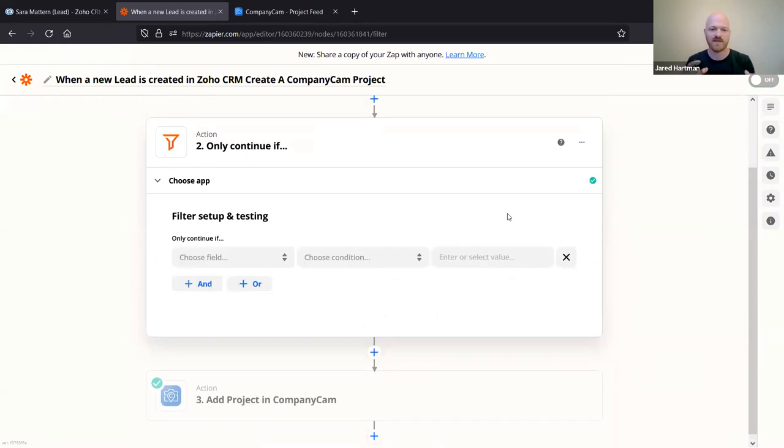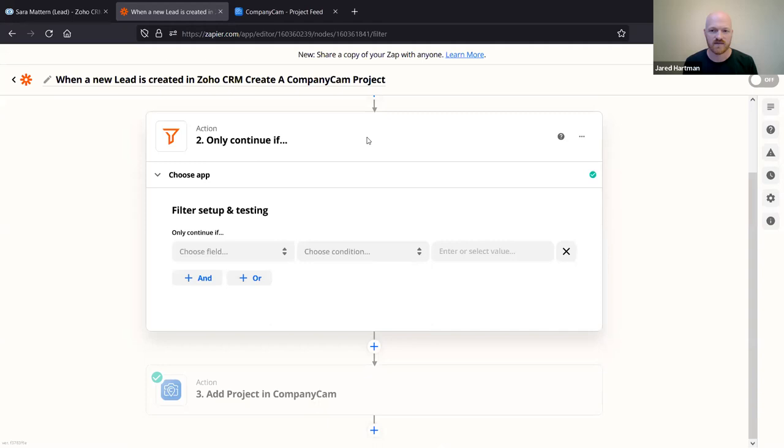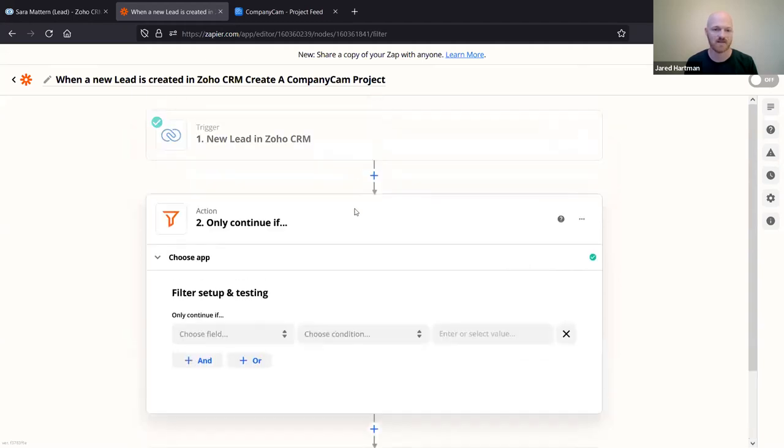So you can see, filtering in general allows you to dial in exactly when I want it to happen. Because maybe you don't want every lead coming through. You just want those that have set up an appointment or something like that. Does that make sense? So that's one thing that I would say you'll want to start using pretty quickly, because it will help you use less tasks. That'll be something that you're managing with Zapier, is everything that you do, you know, is